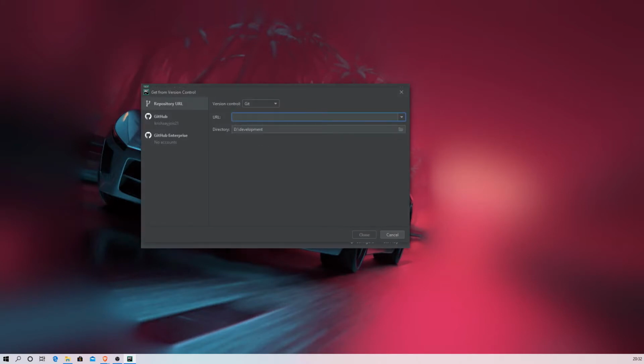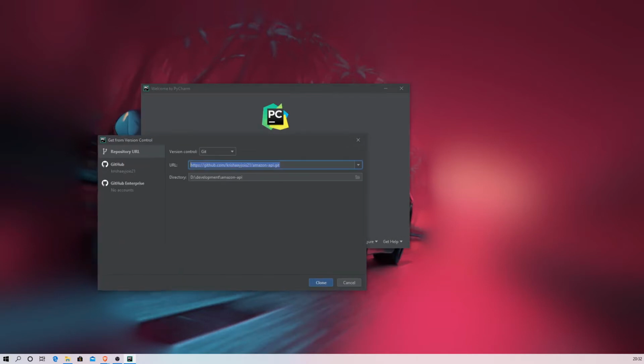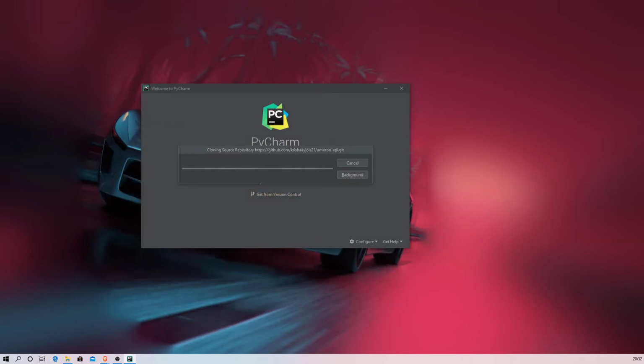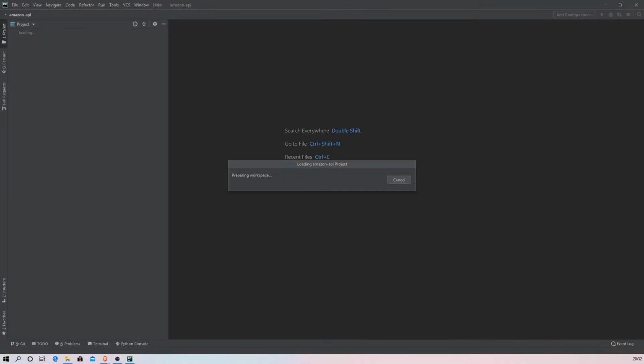Now basically before we get started, what we need to do is get the project from GitHub. This is the URL to the Amazon repository for the previous code, which is the API only. After we finish this, I will be including the code to the Android app as well. So we have the Amazon API. Now we're going to say clone, and it will clone this repository from my GitHub.